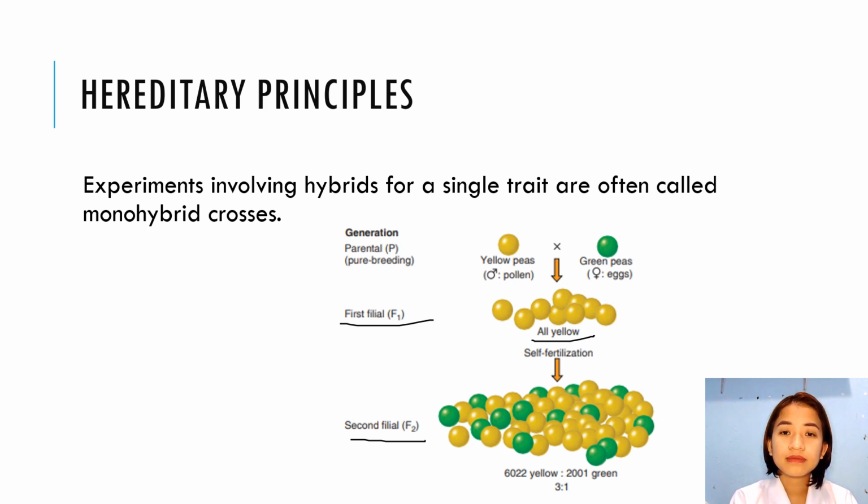To account for his observation, Mendel proposed that for each trait, every plant carries two copies of a unit of inheritance, receiving one from its maternal parent and the other from the paternal parent. Today, we call these units of inheritance genes. Each unit determines the appearance of a specific characteristic.